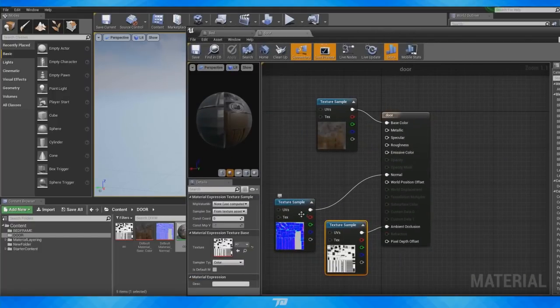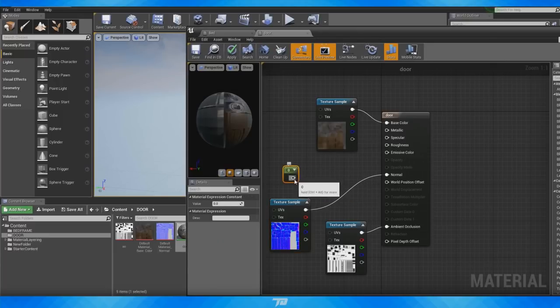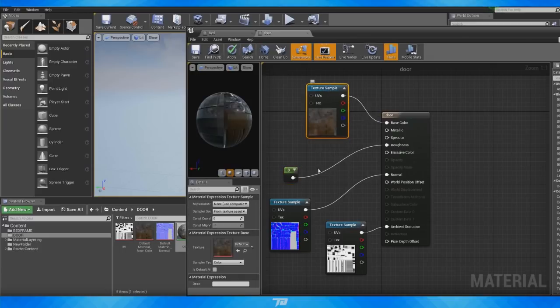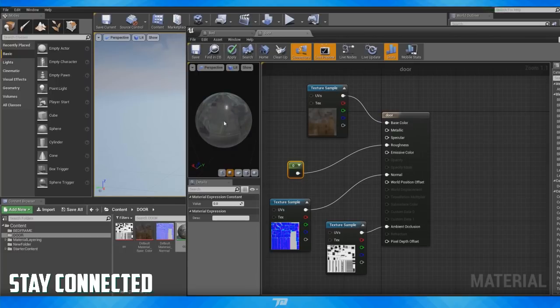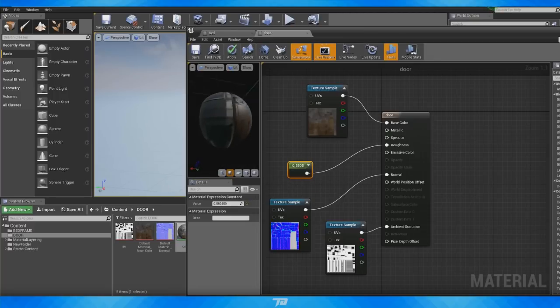So we can do the exact same thing, but essentially make it a little bit more simple. So I'm just going to hit 1 on the keyboard and click and get that blank node and just plug this directly into our roughness tab. Just a simple number. And from here we can change the value, and I'm just going to be going off of this material editor. As you can see how shiny it is for something that doesn't even have a roughness map at all, but I can adjust the value on this blank node, and in real time it's becoming more rough. And of course this is going to be applied to the entire material, so say I wanted a certain part to be rough, it's just going to go over everything, which isn't ideal in all cases, but for this example it's perfect. So if I just hit save,